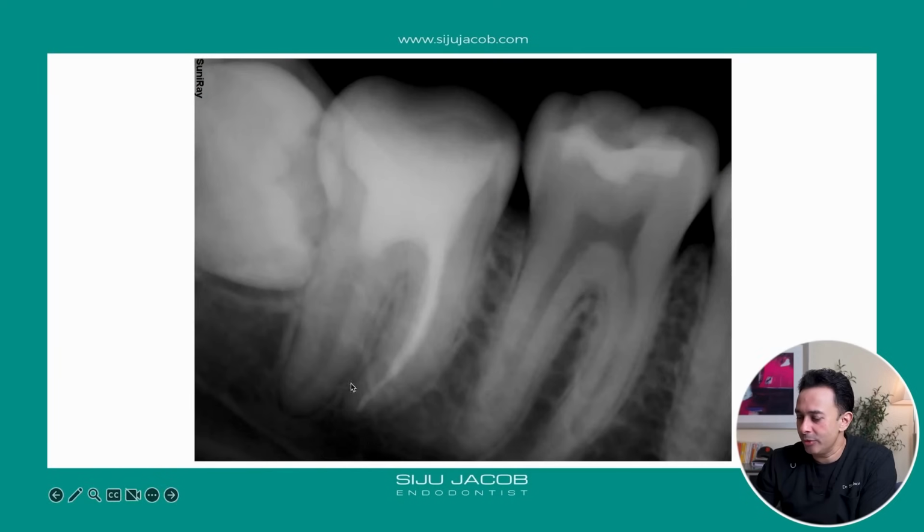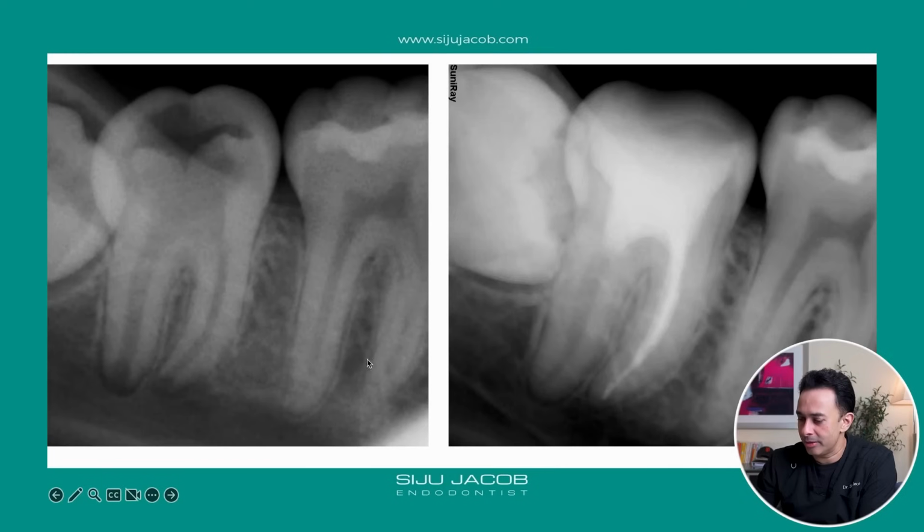And you can see here, if you compare the post-op that is here from what it was 3 years ago, you can see the continued root development apically, both in the mesial and the distal root. And you can see thickening cervically as well. So we believe that this is a classic apexogenesis where you allow the root formation to happen naturally by preserving whatever vital pulp is there in the radicular portion. So this is an example of apexogenesis.